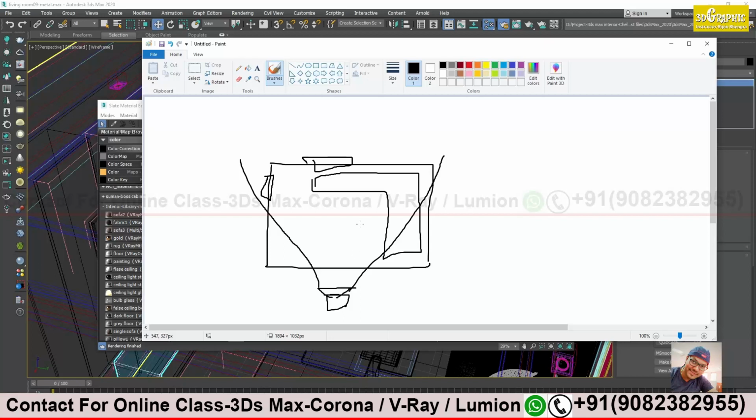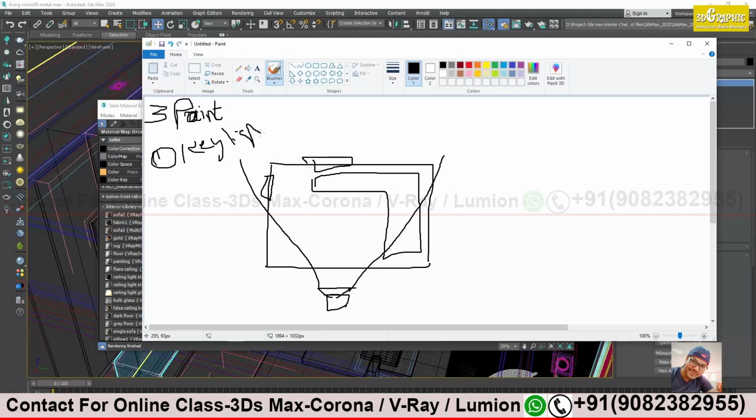Now from a lighting point of view, what we will do is something called 3-point lighting. Have you come across this? I have just heard about 3-point lighting, but I have not tried applying it professionally. Most of the time I don't follow this because I just go with the flow, but this is your basic. From the camera angle you have to decide how to place your light. The first is the key light.